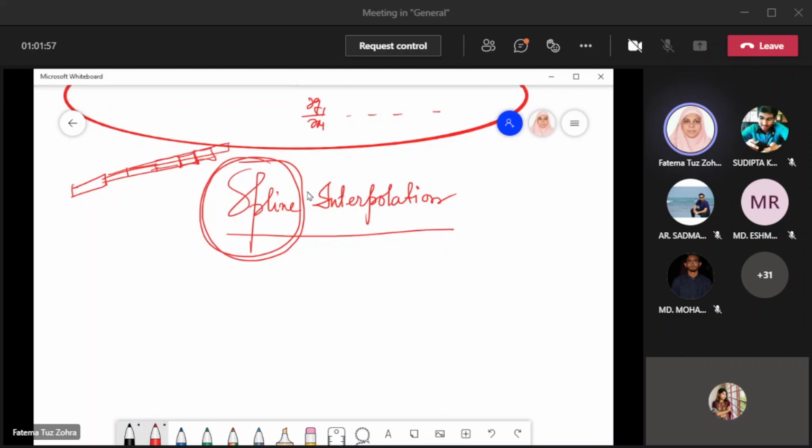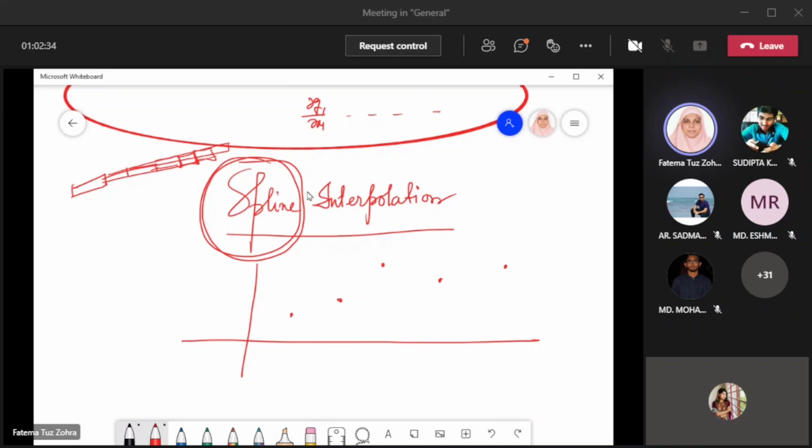So spline interpolation is basically you are using small pieces of, obviously you are not going to use wood in mathematics, so you are going to use small pieces of what? Pieces of function. Small pieces of function. So interpolation is basically you are having some given set of data points and you are having an idea of the curve from those points or from this given set of data with the help of splines.